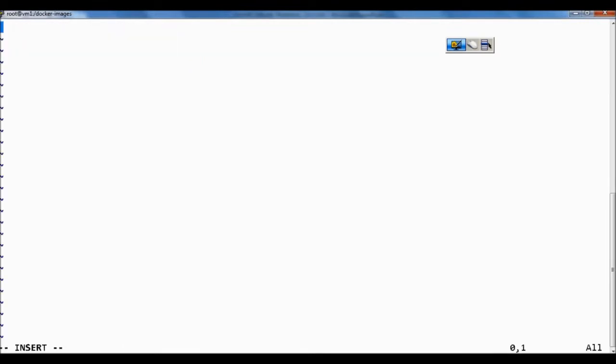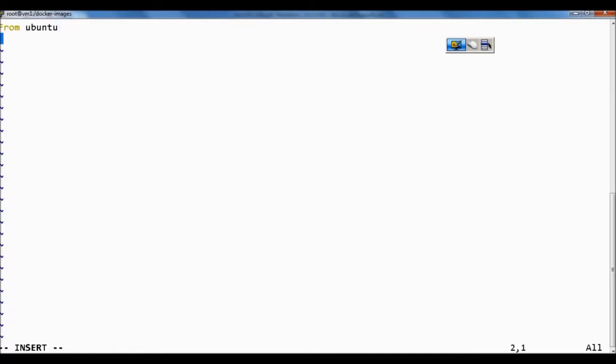Now here go the Docker instructions. There are many Docker instructions to customize our images. First, in this video we'll be going through the basic Docker instructions. First we'll use some base image. So the Docker instruction would be FROM and the base image name. Base image is again from Docker Hub. We get this base image from Docker Hub, from Ubuntu, meaning I am using a base image called Ubuntu.